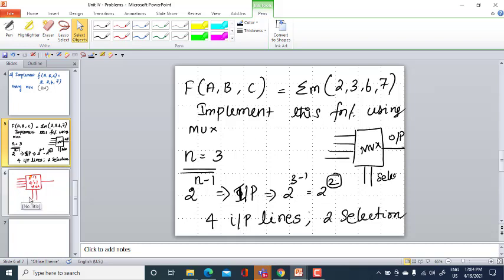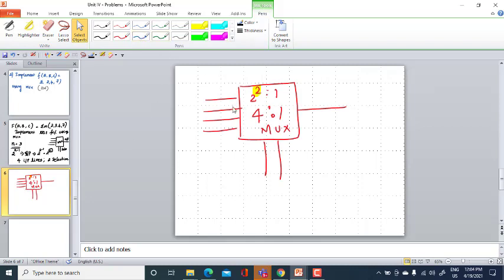First we need to draw the implementation table. We have 1, 2, 3, 4. Let the input lines be I0, I1, I2 and I3. Select lines, we have 2 select lines.